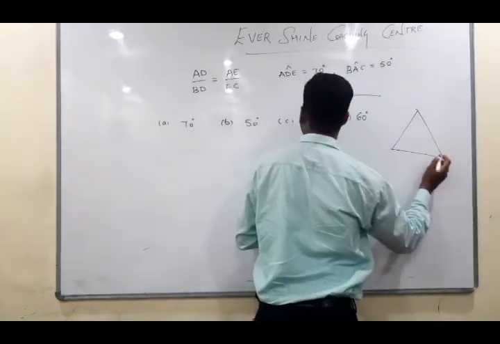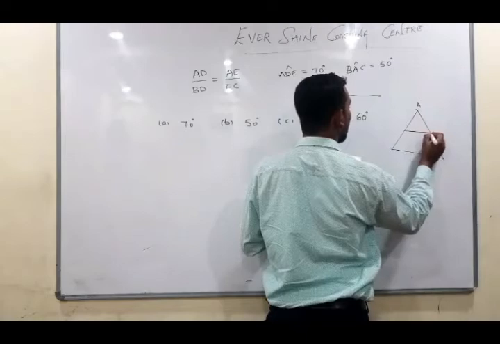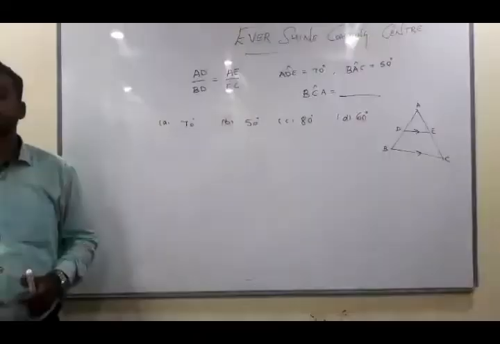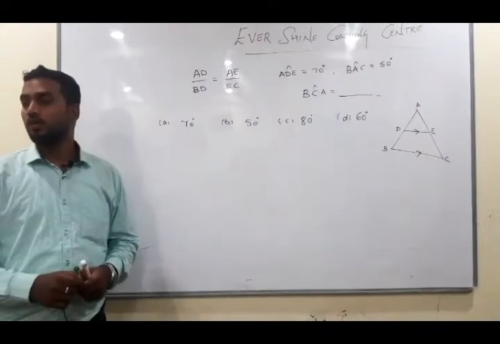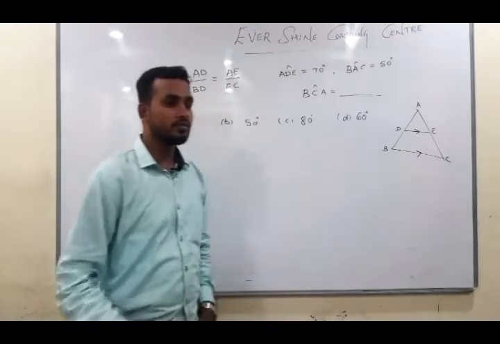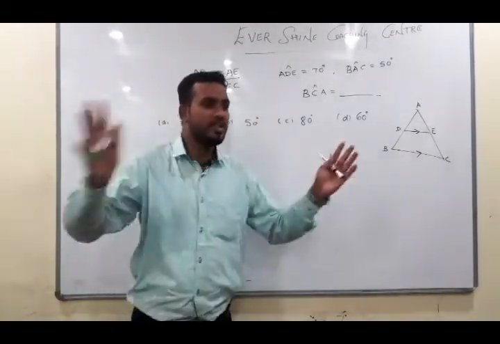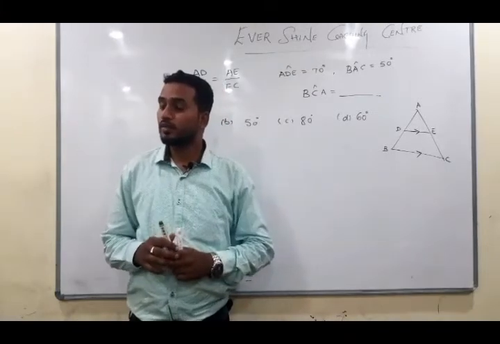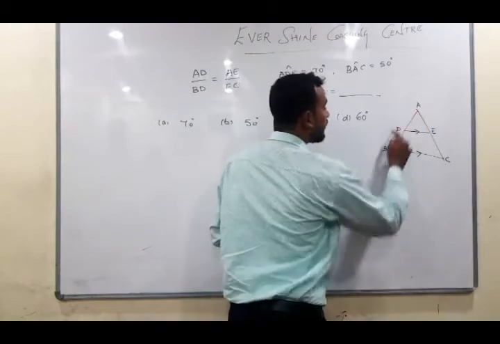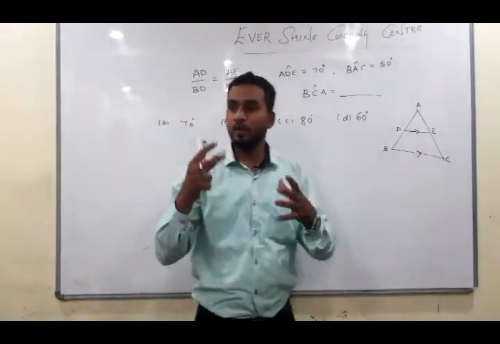Here we can see AD by BD is equal to AE by EC. Now we know that this side is proportional to this. Understood? Children, can we split this figure into two parts? How? See here, I'll teach you. Very simple. First, the original triangle was ABC. Can you remember your BPT concept?